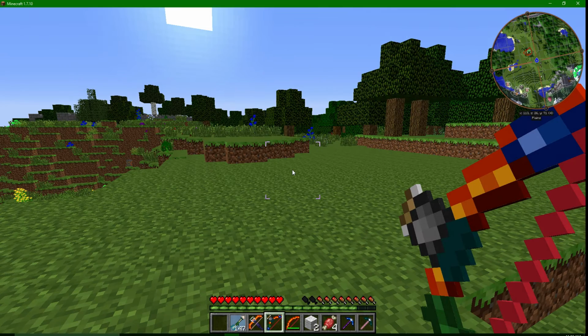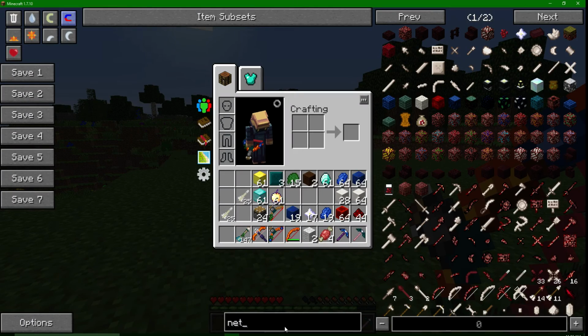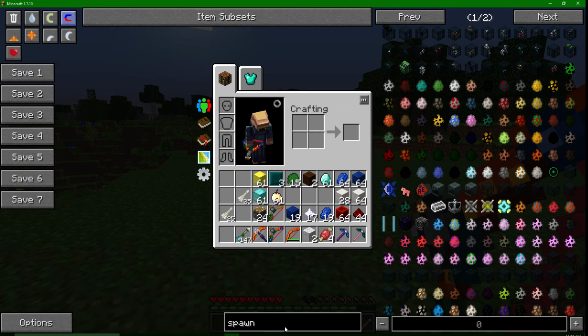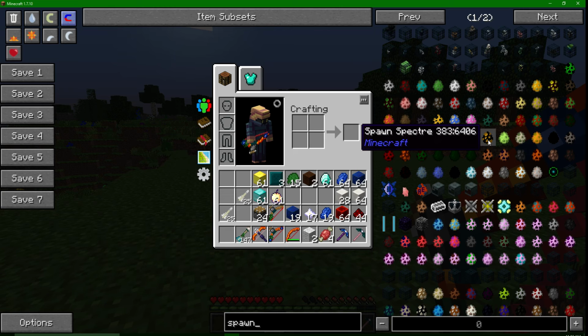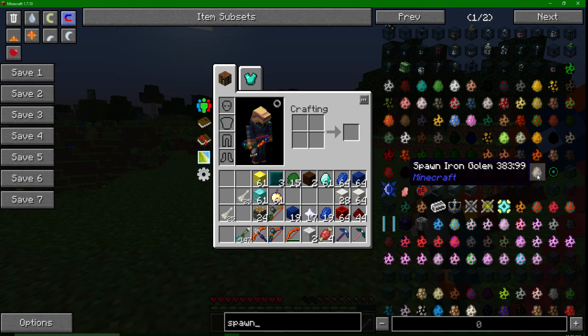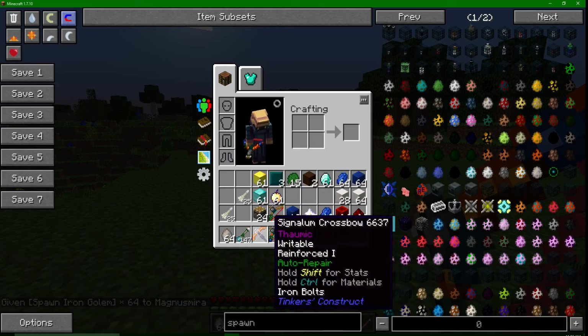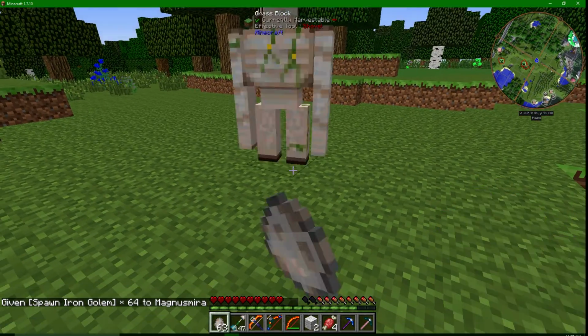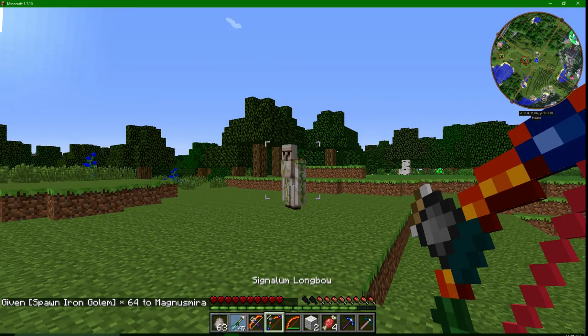That's what's a hard mob? Let's spawn eggs. What's a hard mob? I don't know. I don't fight most of these. Here we go. How about one of these? We'll do